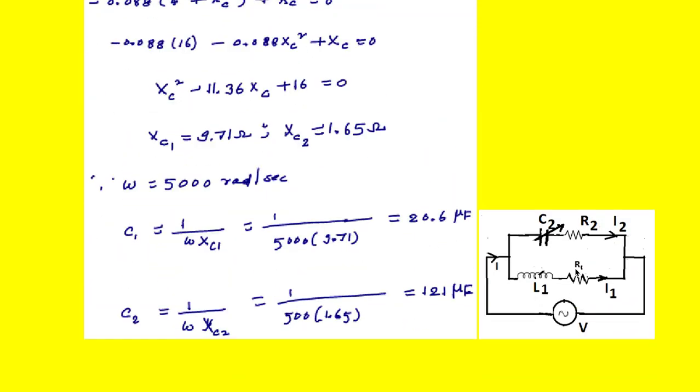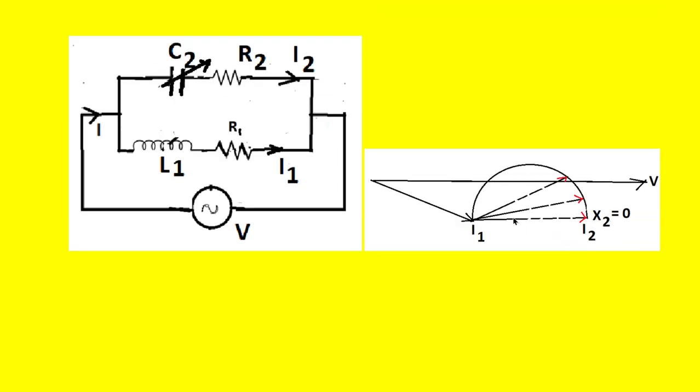So if you look at its locus diagram, we get like this. This is a fixed branch, so it is an RL branch. First, draw the voltage vector like this, and the current flowing in the fixed branch we call I1. Because it is an RL branch, automatically the current lags the voltage by some angle, so we put I1 like this, which is lagging the applied voltage.